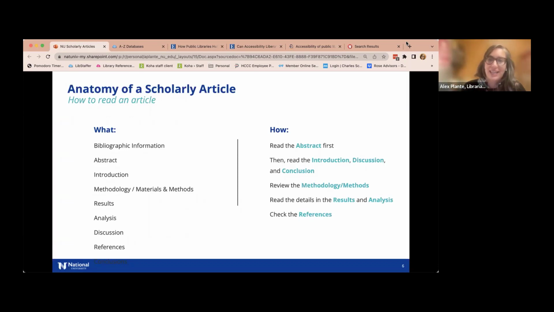And then the very last thing that I would be remiss if I didn't point out to you is that always, always, always check your references, okay? The references are at the very end of the article, and I like to call it somebody else doing the work for you, okay? So if you have an article you really love, it's spot on, it's exactly the type of work that you want to add into your dissertation, but maybe you're having trouble finding articles for your lit review or a certain part of your dissertation, go into the references, see who they reference, see who that author used for their own lit review or used for